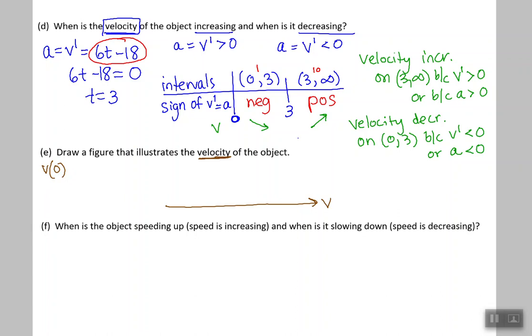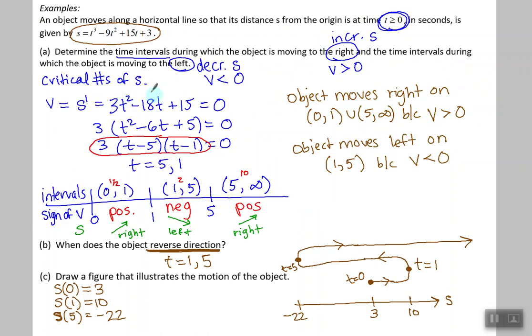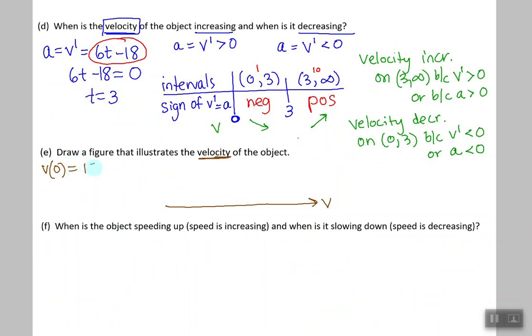So going back to our velocity function, which was up here at a, here's our velocity. Plugging in 0 gives us 15 there. V of 0 equals 15. Then we want to plug in that other critical number where the velocity changed from decreasing to increasing, and that's 3, and plugging it into the velocity function yields negative 12. It's also useful to note that the velocity equals 0 at t equals 1 and 5, which we got from